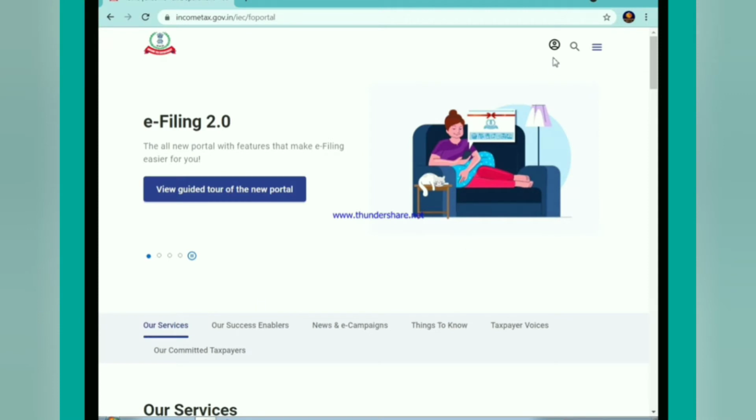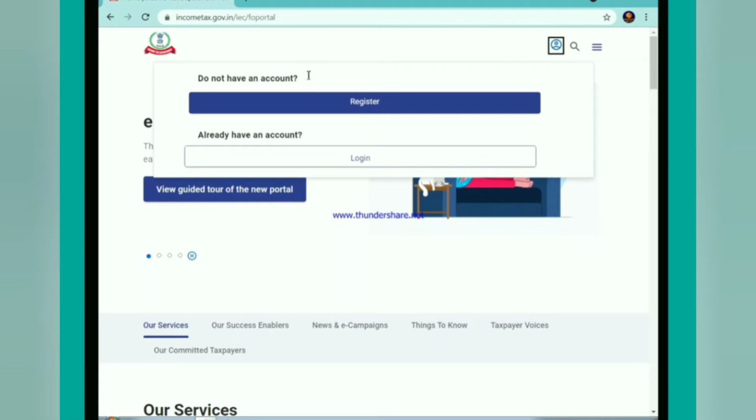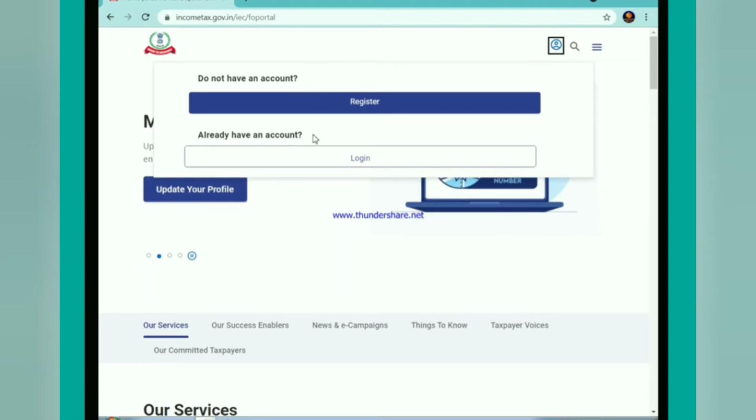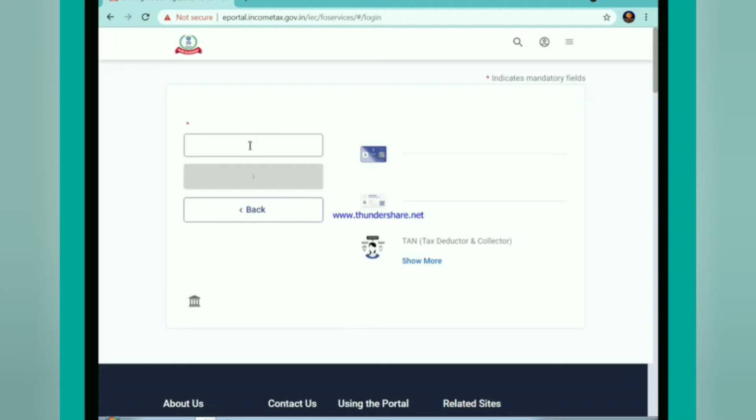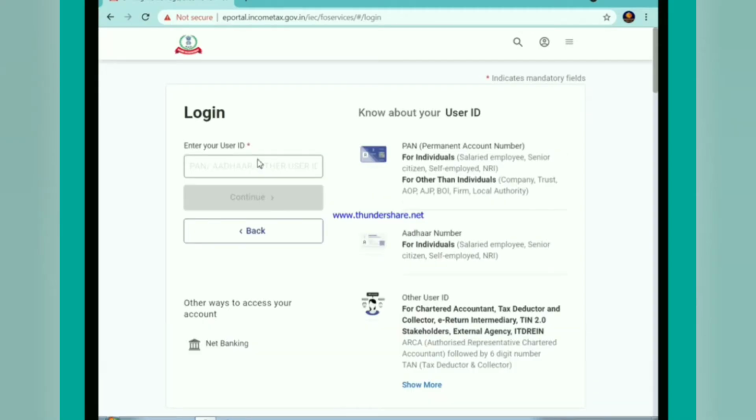So if we just go and click here, you can see, do you have an account? If not, you can register, and if you have an account, you can just log in. So if we click login, this is the login page.